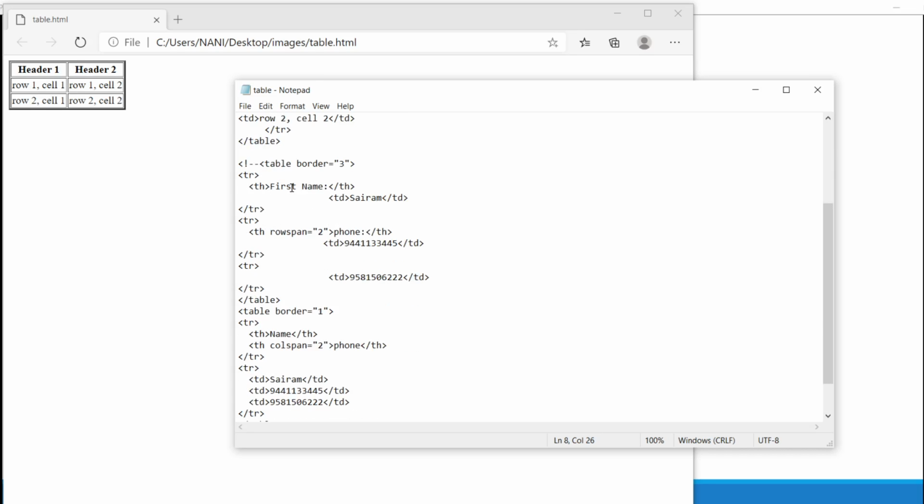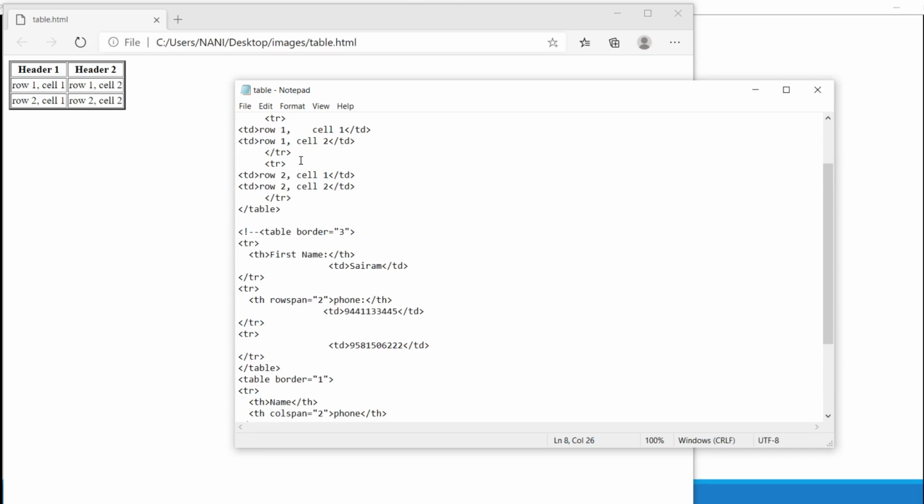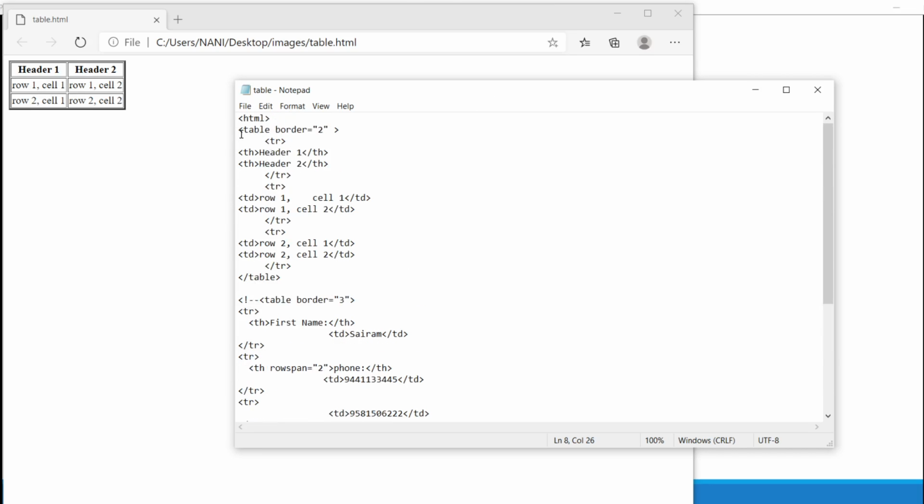We have seen row span and col span. For that we are going to see this example. For comment lines we use this.